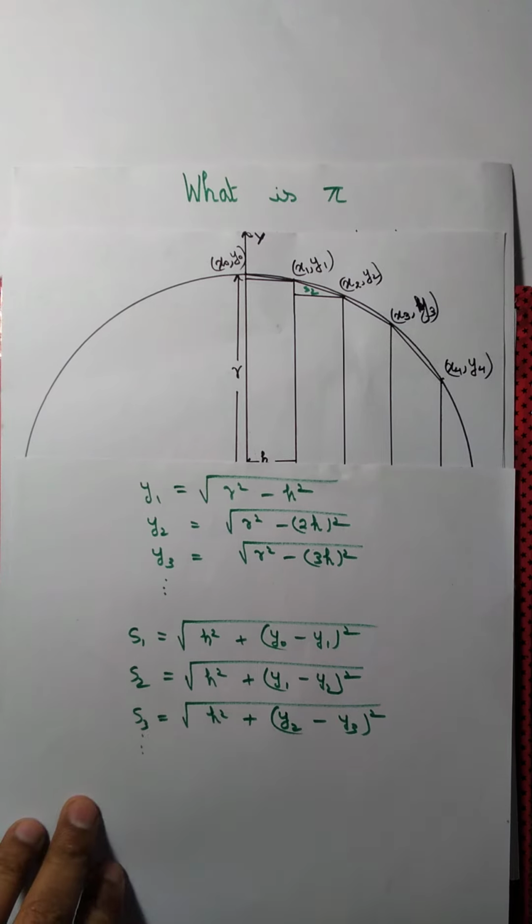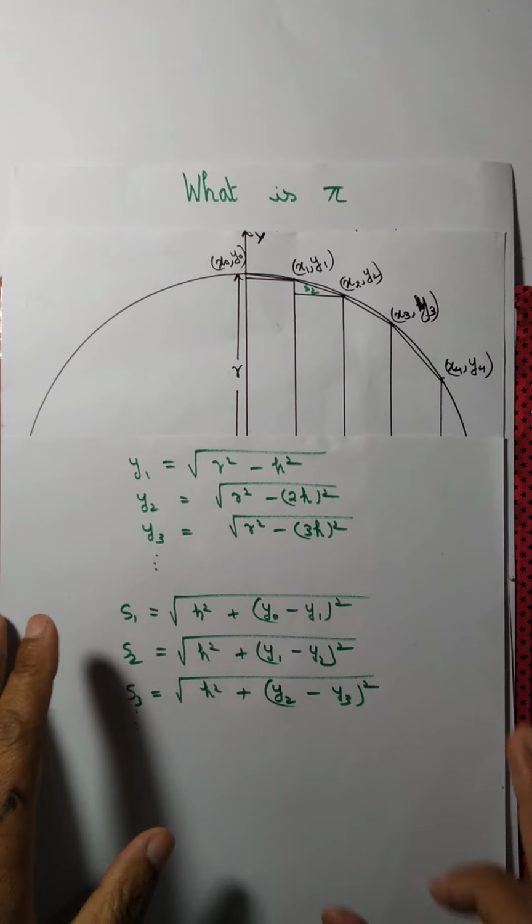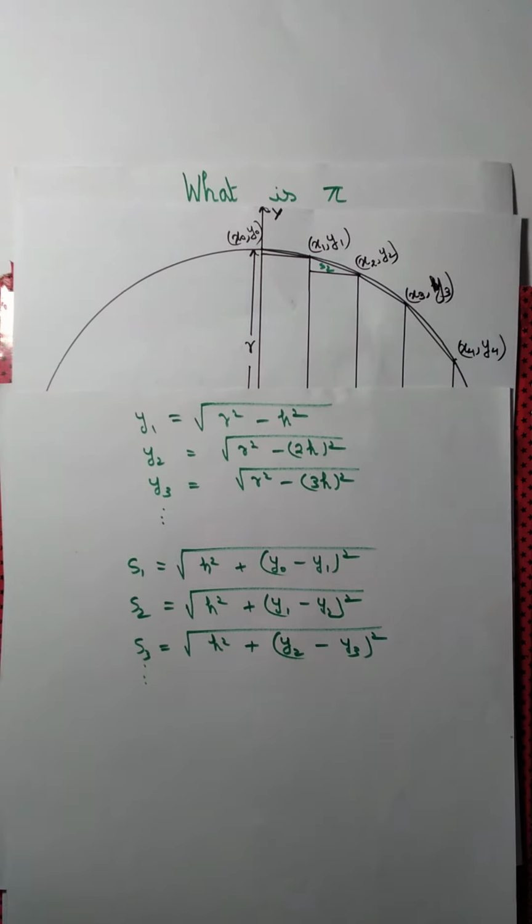And we can go this way and we can compute it. If we do computation this way, then we'll get better and better value of pi. We'll be able to approximate pi more accurately. Let's do it for